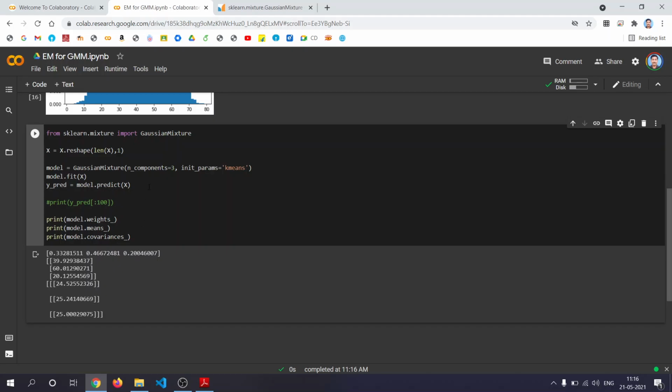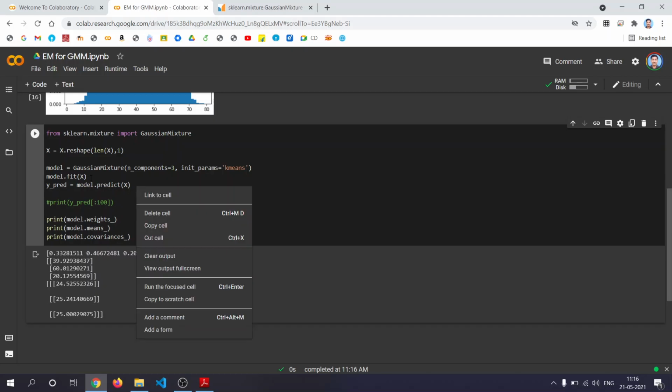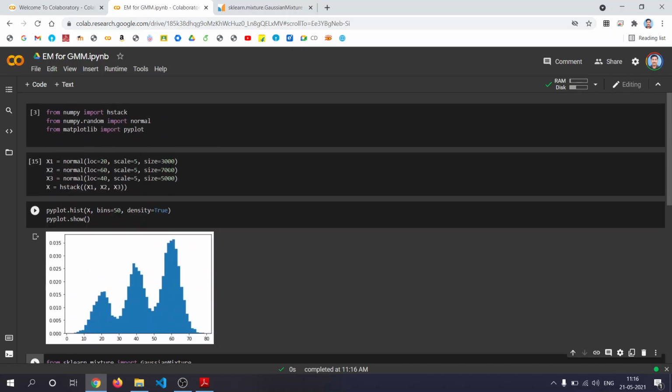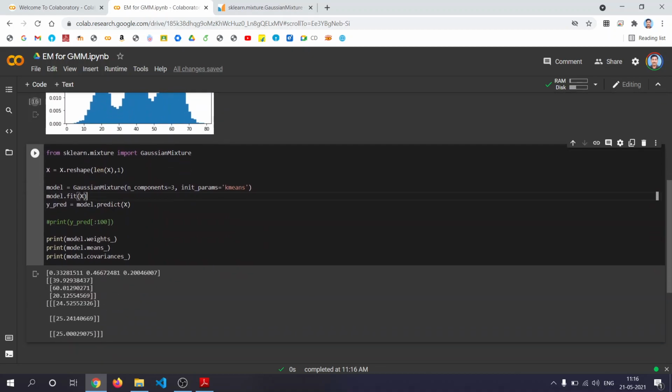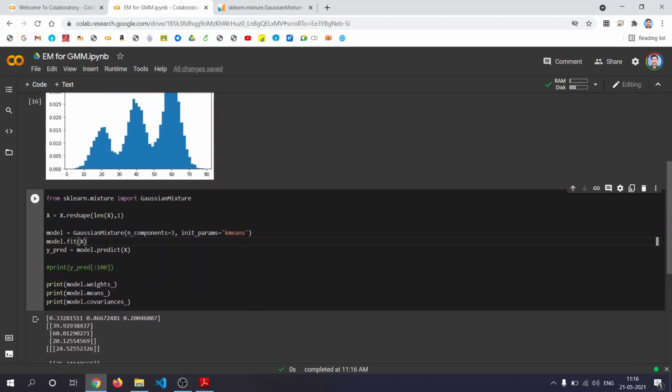These are the mixture coefficients, isn't it? The counts are 3000, 7000 and 5000. So that's the combination you're getting: 0.3, 0.33, 0.46, 0.20, and these are the means and these are the covariances.